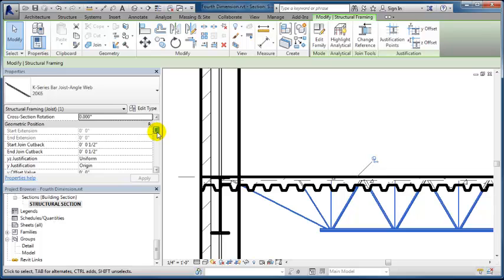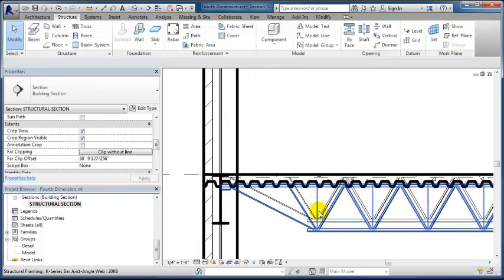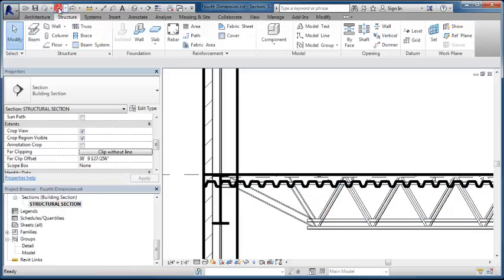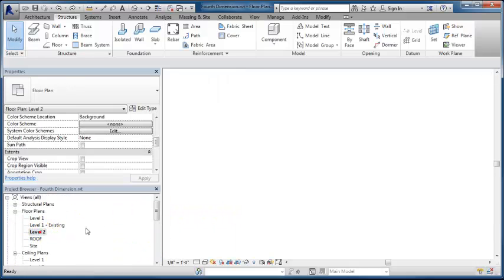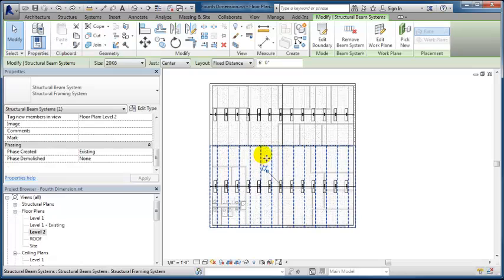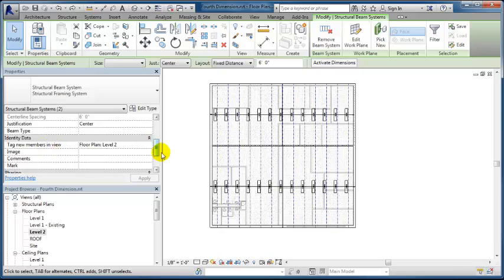You could put in some offsets. So we have a Z offset right here. If we put in -3 inches, I think, or is it -4? You can start to kind of control where those K-joists are. Actually, that ended up just moving that one, so you don't want to do it that way. So we know we want to move it down 4 inches. So let's go back to the level 2, and I'll select the 2 beam systems, and we want to